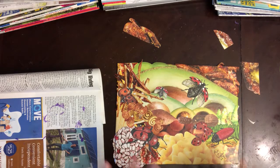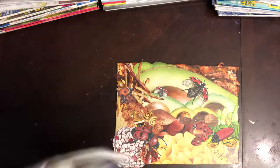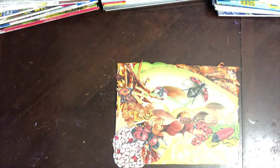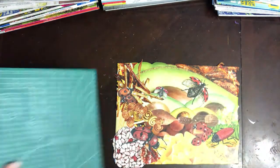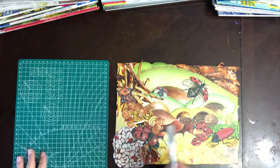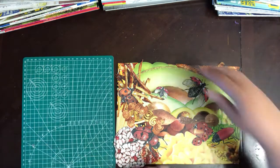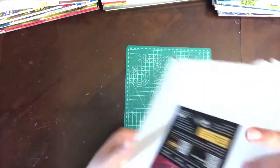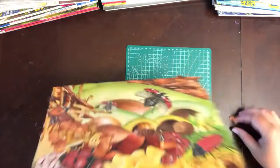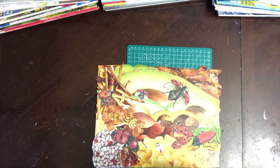So all I'm gonna do now is trim off the edges and go take a nap. So I have just a flexible mat board and my little artist scalpel, and all I'm gonna do is just flip this puppy over. Oh, I left a bun. No bun left behind. Where's my...